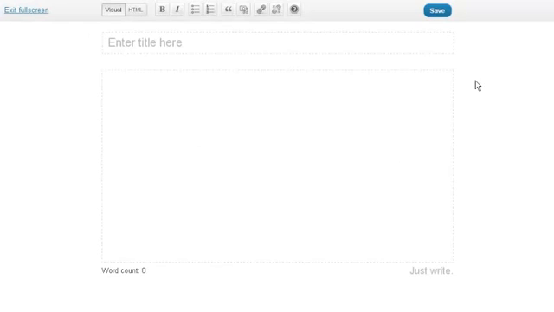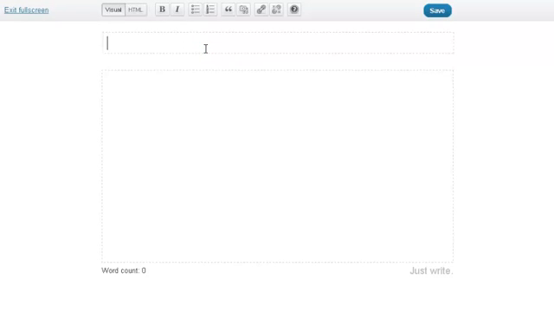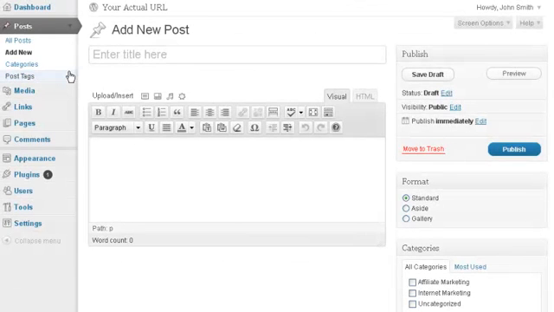And now, as you can see, we are in full screen mode. So the full screen mode is for serious writing, as it eliminates all the distraction and all the background graphics, etc. However, when you put your mouse over on top here, you would see the menu appear for the controls that allow you to format your blog post. I'm going to click on Exit Full Screen